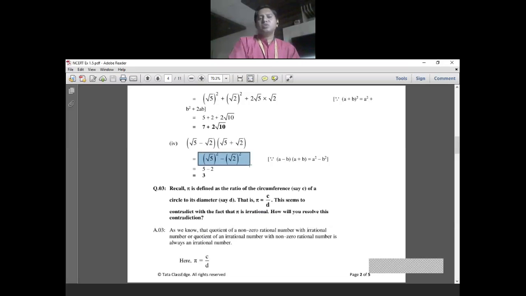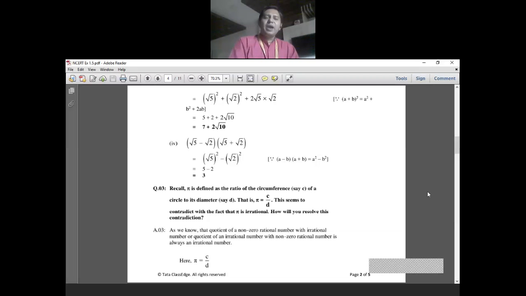The answer. Now, the next question says, recall pi is defined as the ratio of circumference and diameter, that is, pi is equal to c by d. It seems to contradict that pi is irrational because it is in the form of p by q. How will you resolve this contradiction? So, as I told you before, pi is c by d, circumference upon diameter, but any of this value,